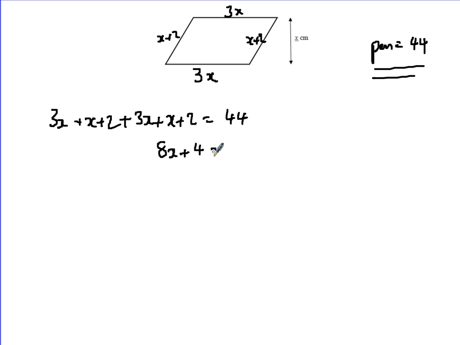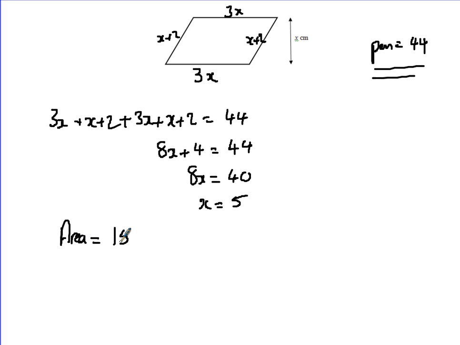8x plus 4 equals 44. Take your 4 over, so 8x is 40. So then we divide by 8. X is then 5. So to then work out the area, it's going to be the length, which is 3 5s,